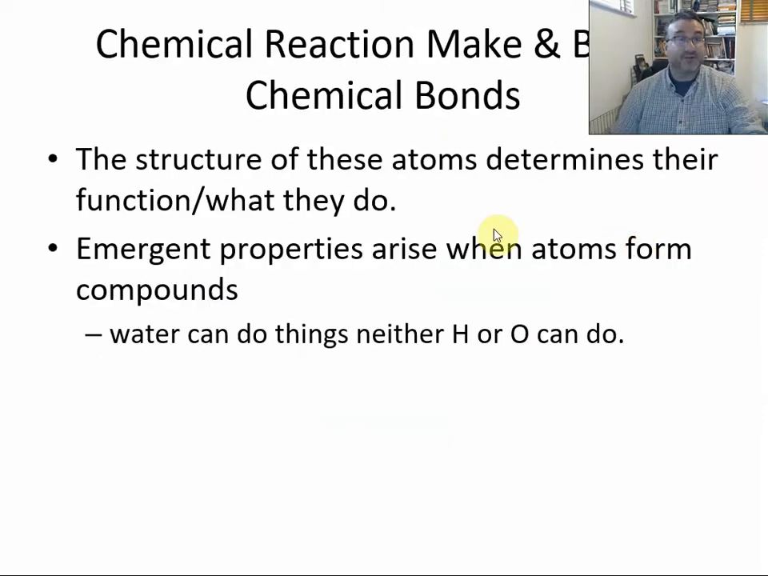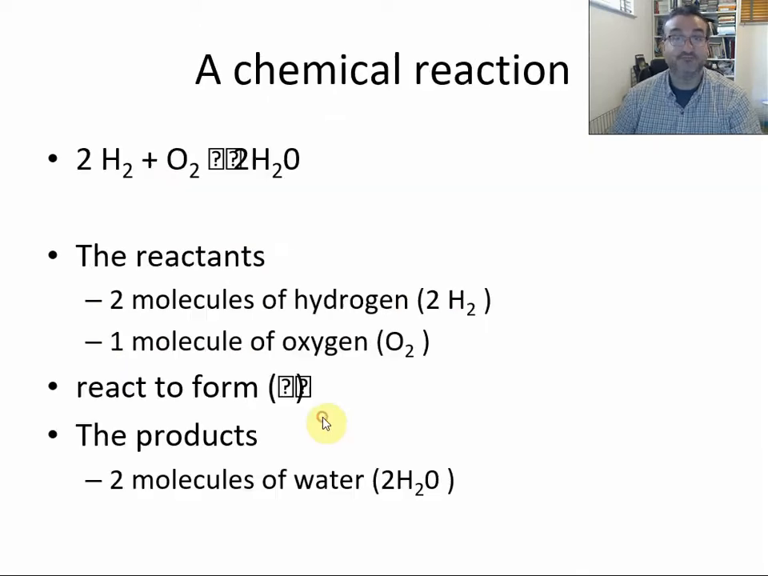A little bit more to wrap things up. Chemical reactions make and break these bonds. The structure of the atoms determines how they're going to react. When we go from atoms to compounds, we get emergent properties. Water can do things that neither hydrogen or oxygen can do. Here we see a chemical reaction. 2 hydrogen and an oxygen react to form, there should be a little arrow there, 2 H2O